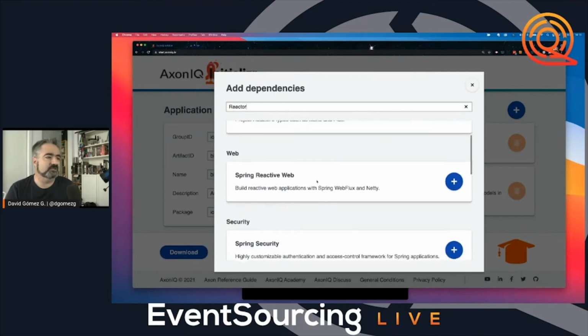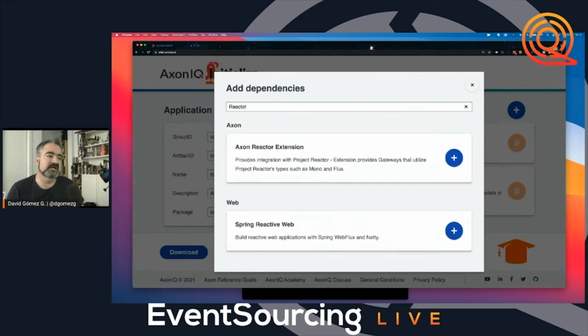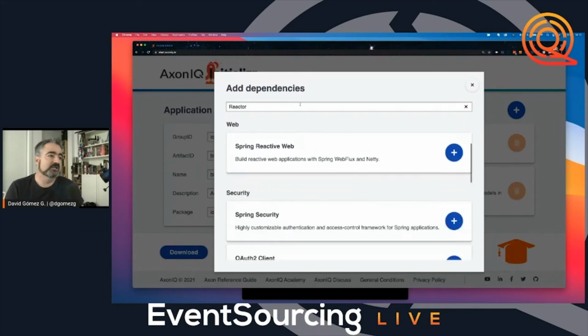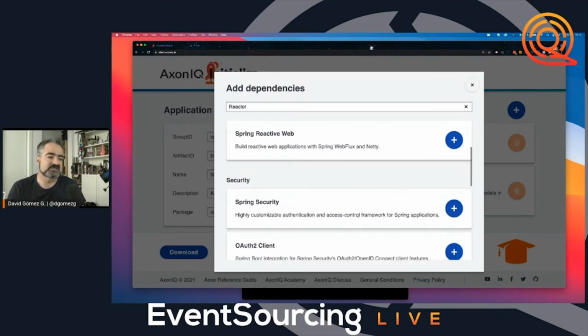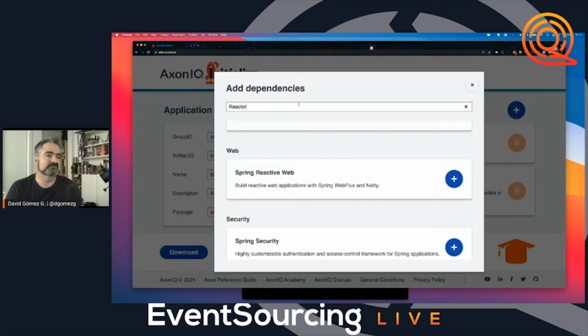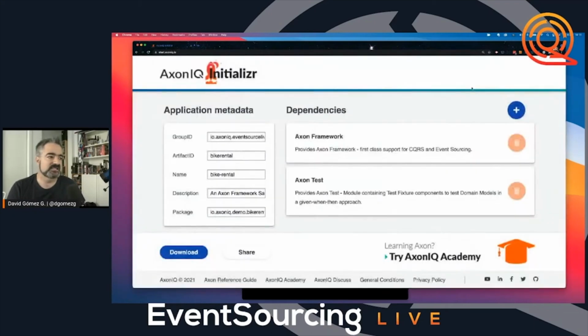dependency. So I could, for example, add the Axon Reactor extension, or let's say that I want to add some security to my UI. So I could also add the Spring Security or whatever I need. So in this case, for the sake of this simple example, let's keep it simple. So now that I have all my dependencies added here, I could finally download the package, download the initial version